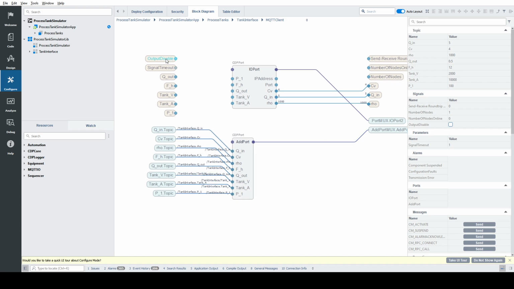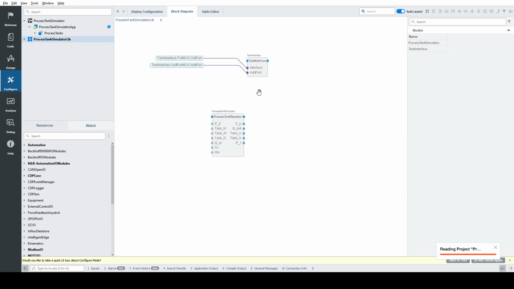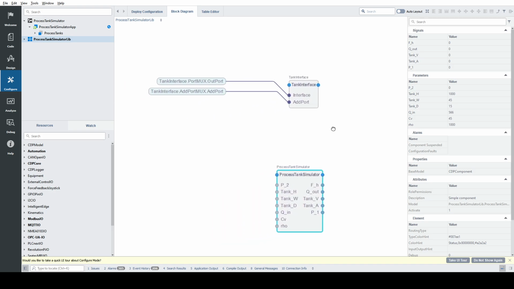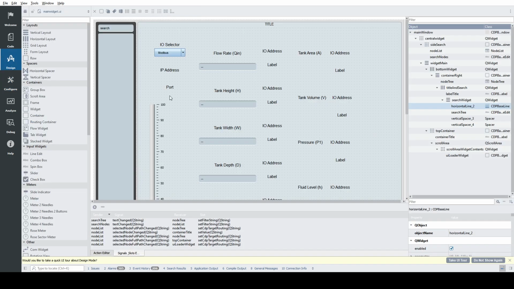Hope you're doing good. So I want to discuss my specialization project, which was about a process tank simulator, and this simulator should have the capability of switching between the different communication protocols used in automation and different IT industries as well, especially automation and IoT industries. So the core idea here was to firstly develop a